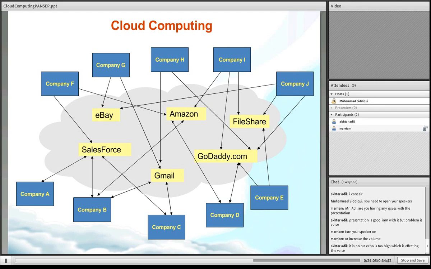So the Salesforce guys just created one application, and everybody is using it. It has to be so customizable that the data doesn't get mixed up between two companies. Company A doesn't see the data of company B, and company B doesn't see the data of company C. They can have a separate database on the back. So that's what your cloud looks like. Make sense? Any questions? No? I think it's pretty much clear right now.